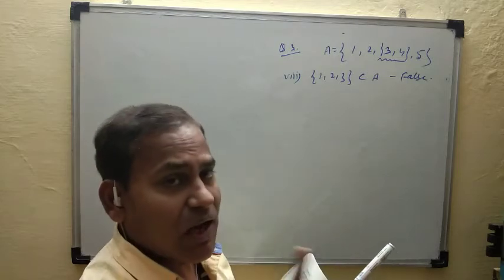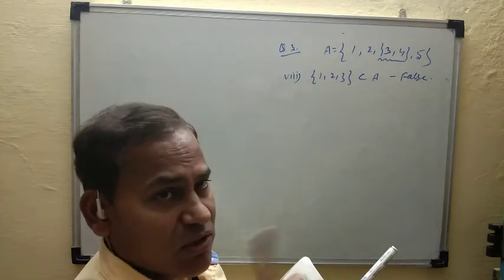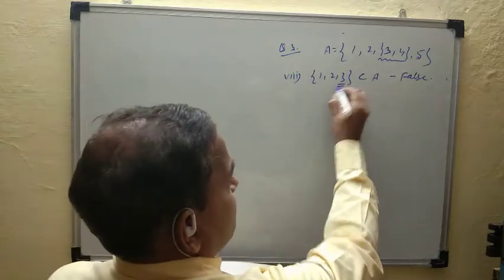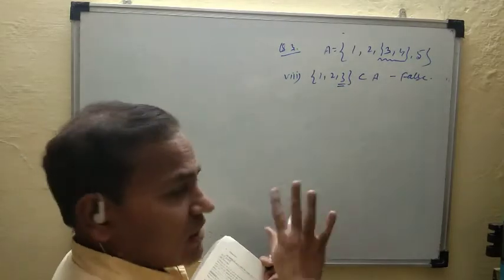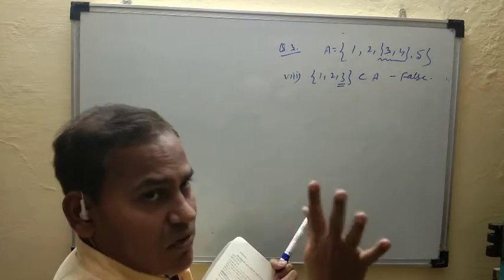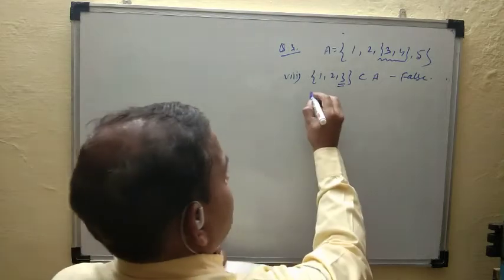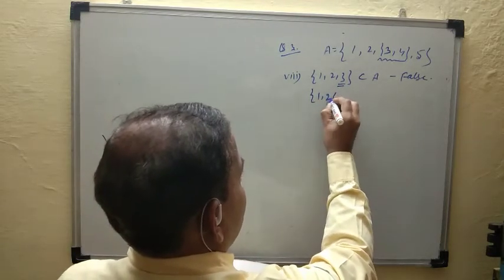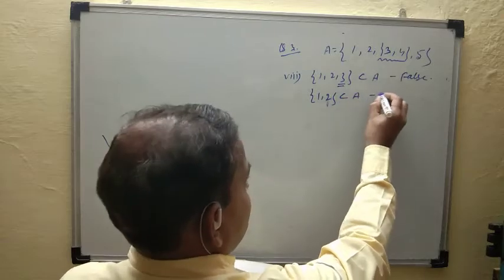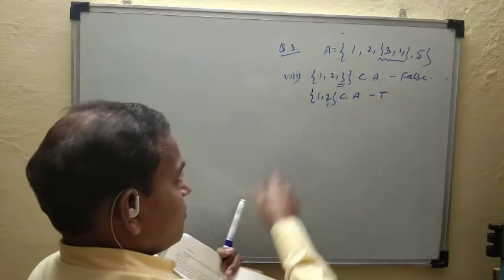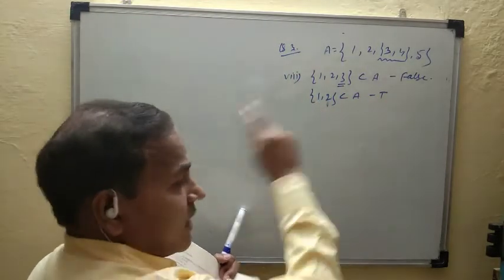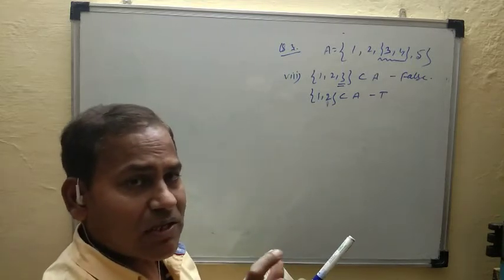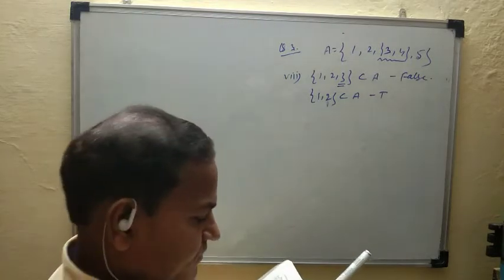3 और 4 मिला करके वो 1 एलिमेंट है. आप 3, 4 को अलग अलग नहीं कर सकते हो. यह 3 यहाँ पे अलग से लिखा हुआ है. तो दिस इज नॉट ए सबसेट ऑफ ए. फॉल्स. ओनली ऐसा होता 1, 2 दिस इज सबसेट ऑफ सेट ए. यह हो गया ट्रू, बिकॉज 1 and 2 बोथ आर एलिमेंट ऑफ सेट ए. अब एलिमेंट को कर्ली ब्रैकेट से क्लोज करोगे दैट आर द सबसेट ऑफ सेट ए.